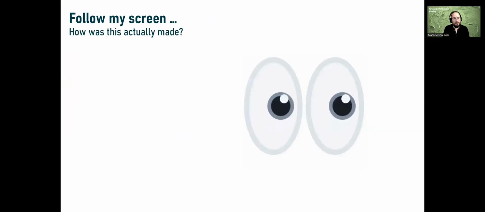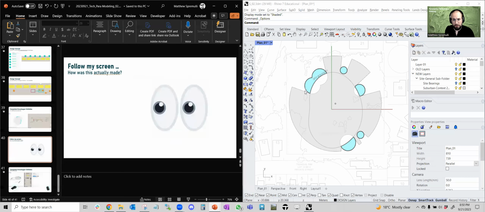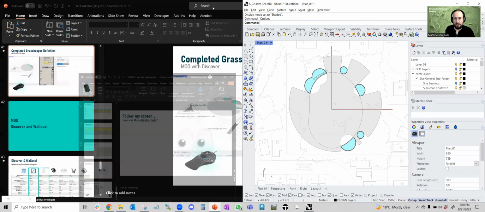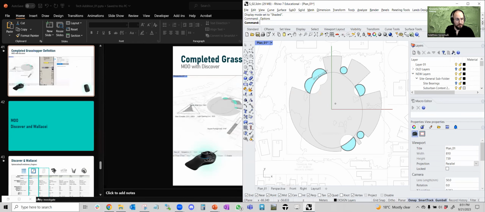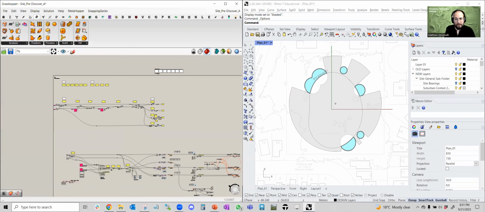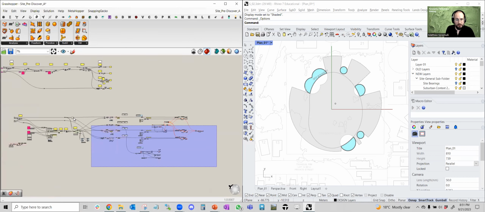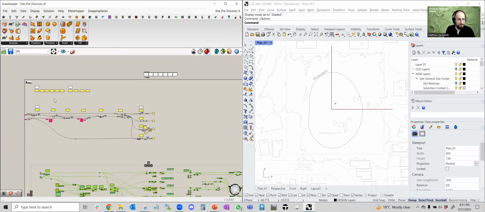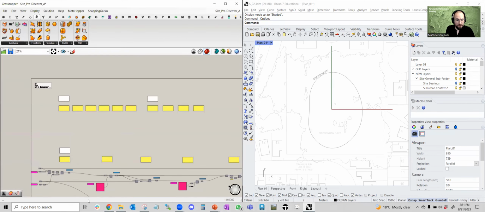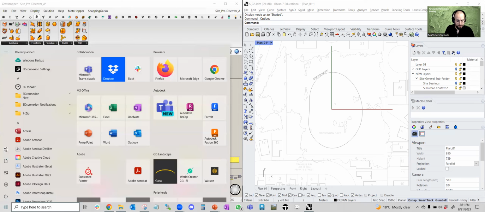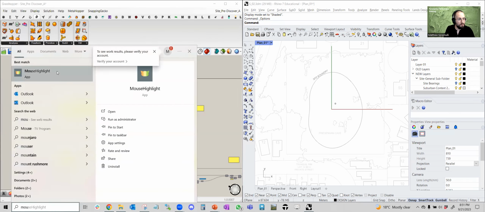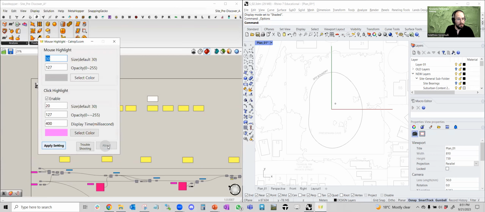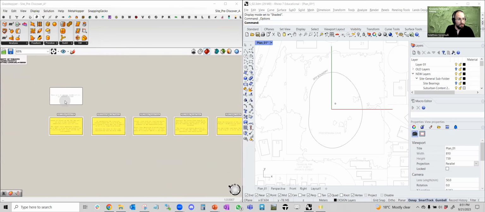So let me just step ahead here and I'll show you the file in a little bit more detail. So just close this one up and get to my Grasshopper file. So I'm going to keep my Rhino file open here just to show you, and I'm going to turn off all my visualization. So let me just make sure I have my cursor on. Yeah, I'll just do a simple mouse highlight. Okay, so if we're here,